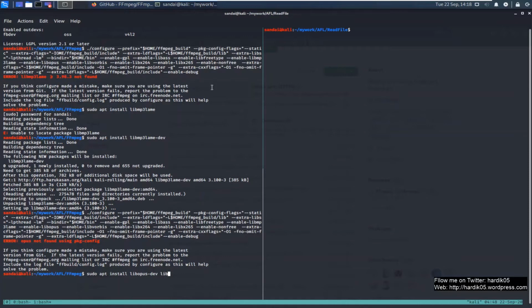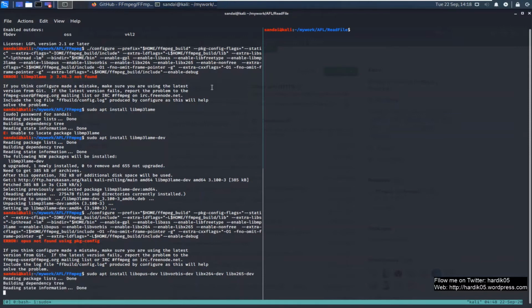It did not complain about libfreetype, so I'm going to install libvorbis-dev, libx264-dev, libx265-dev, and I think that's it.